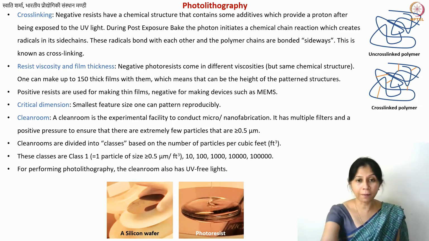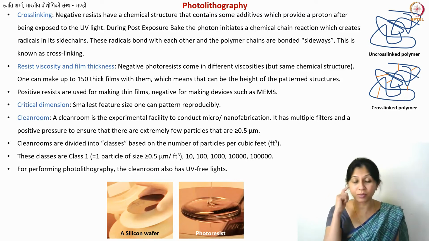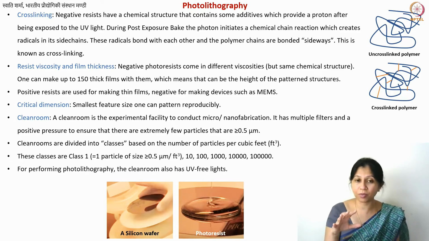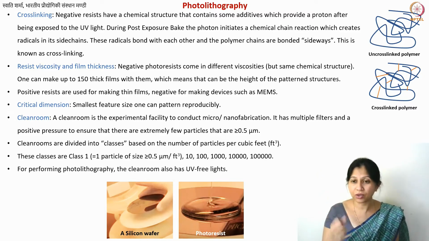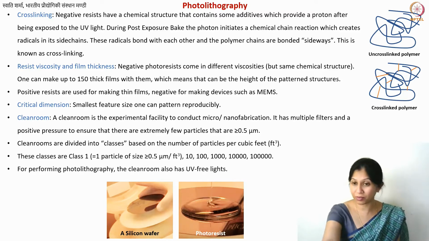One more important thing is that you need to perform this entire operation when there is no UV light. That is common sense, because your material is photosensitive, so you want to make sure you store your chemicals in a UV-free area as well. That is why the two images I showed you before look yellow, because this yellow light is what you have when the light is UV-free. Students commonly call these yellow rooms. I used to call them yellow rooms when I was performing these things during my PhD. These are the UV-free lights and UV-free rooms where you perform the entire operation.